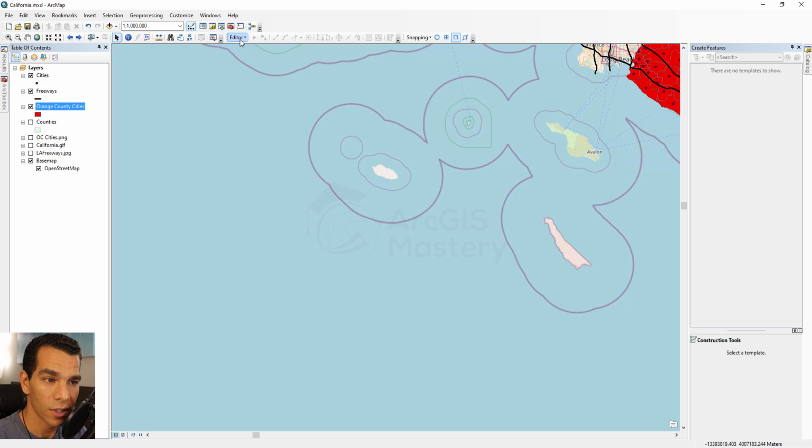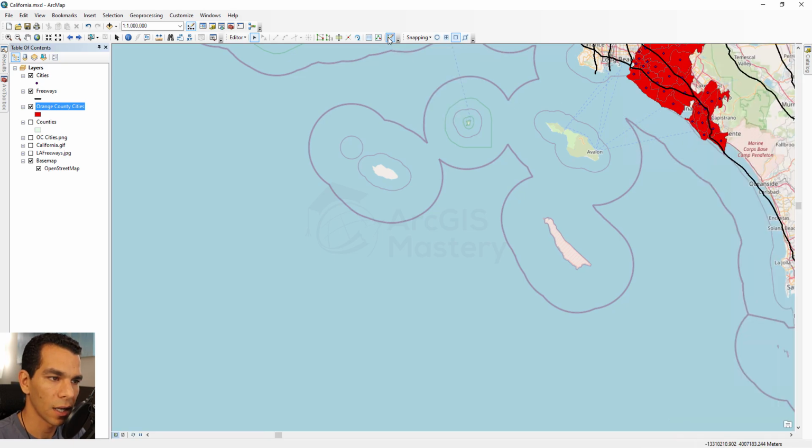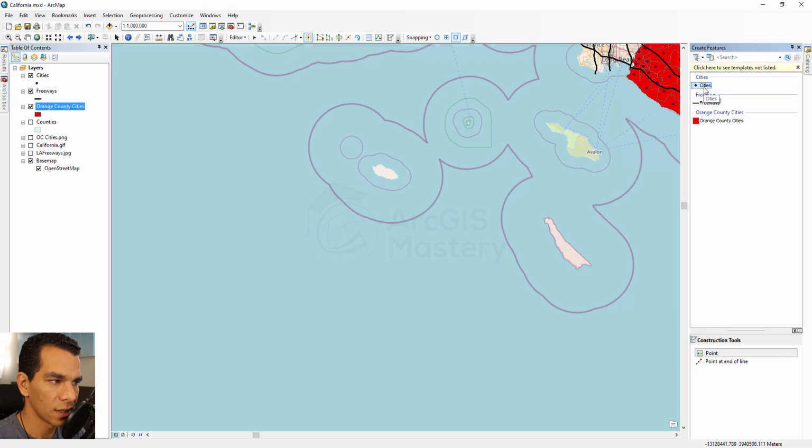So we are going to start an editing session right here, and we are going to check the cities. In case you cannot find this window here, you can hide or view it from here. So if I cancel this one right here and I want to view it again, I just click on create features, and here we are going to select the cities. We are going to draw some points right here